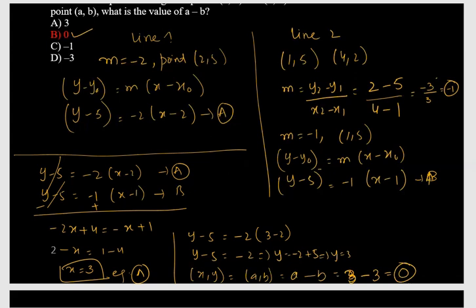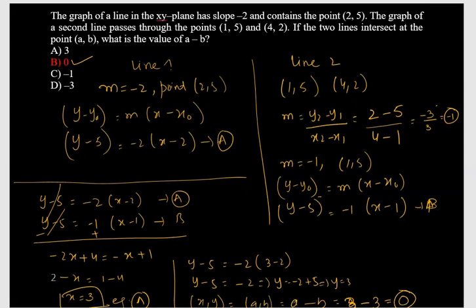So just check out this question. This is a very deep question based on a lot of calculation. It tests a lot of topics in one question. You should know how to find the equation, how to find a slope, and you should also have an understanding of how to find the intersection, how to solve the intersection equations, and how to convert the xy plane into AB form, and then at the end you will find the value of A minus B.